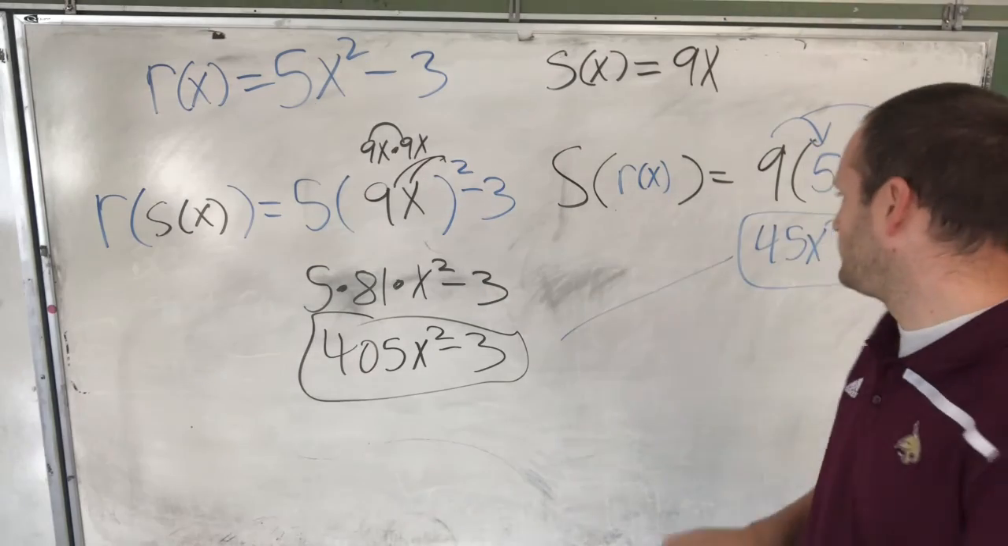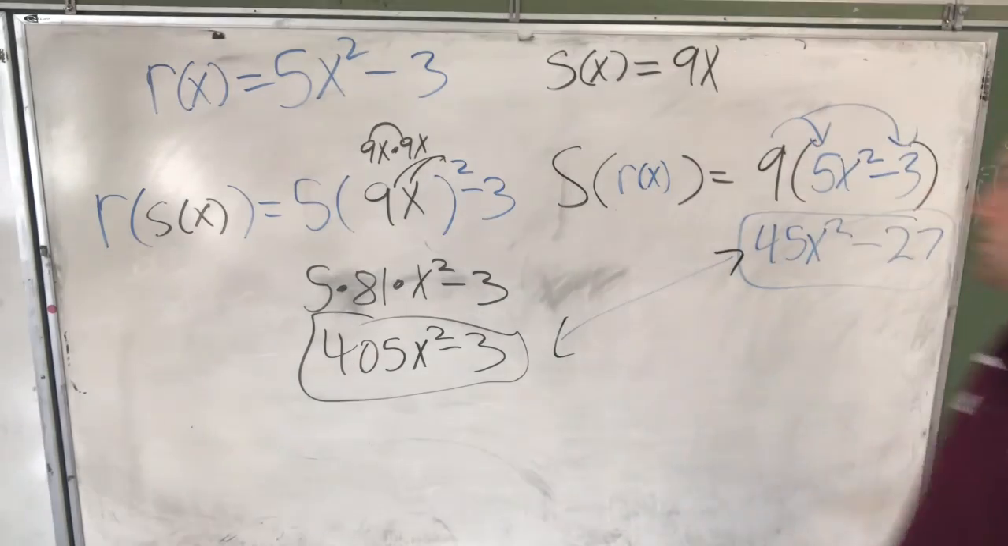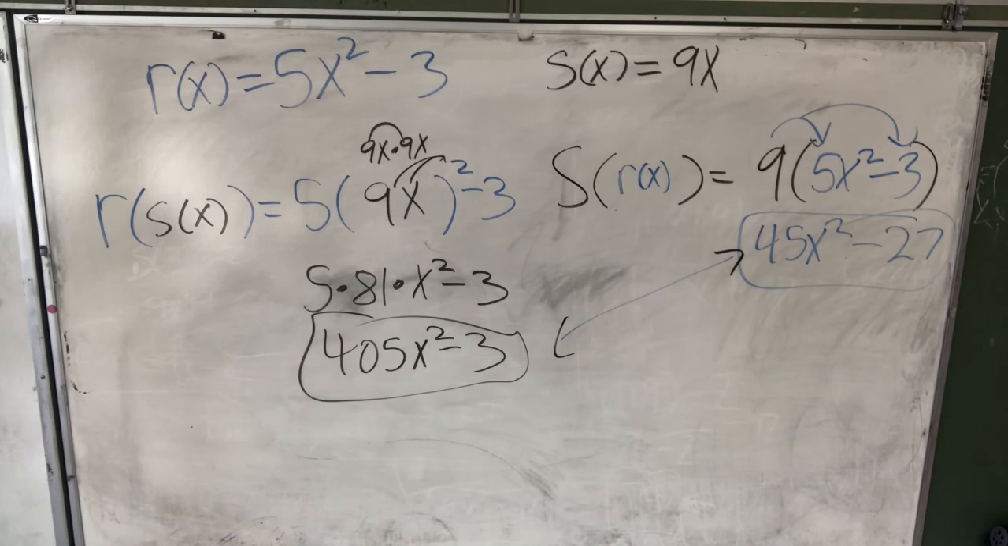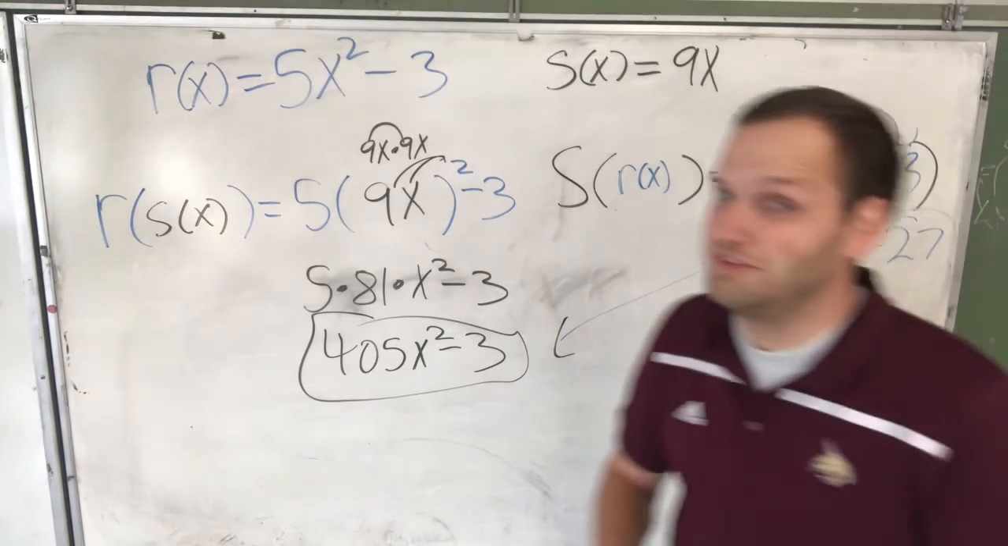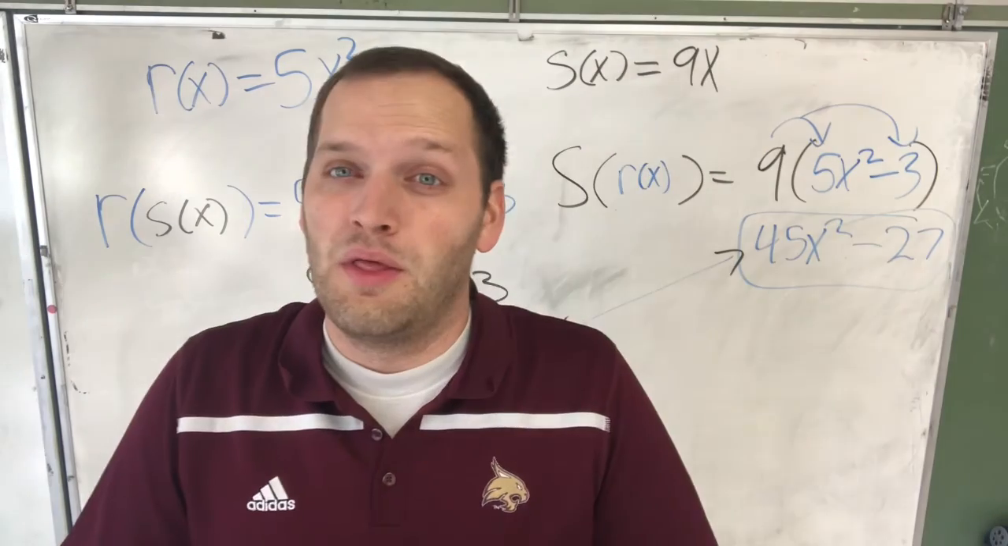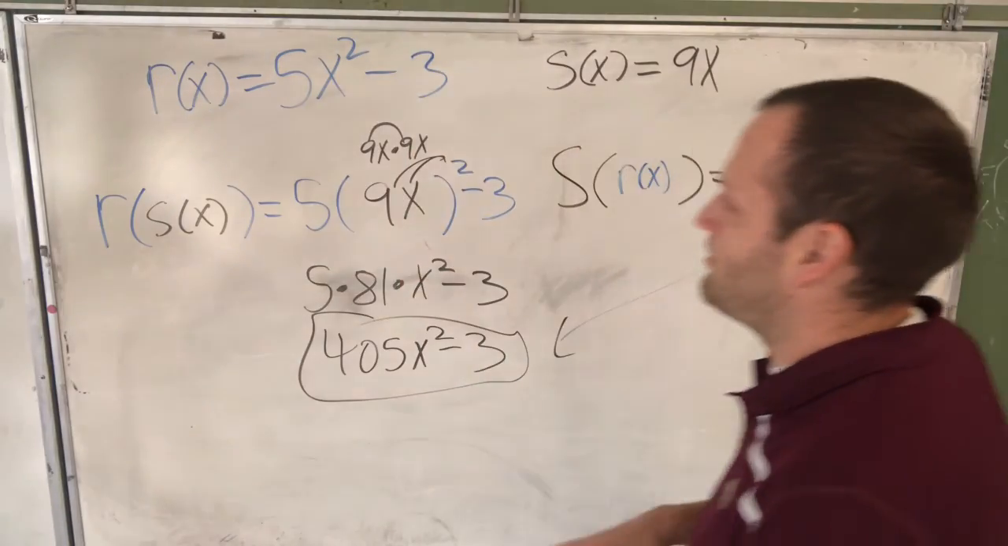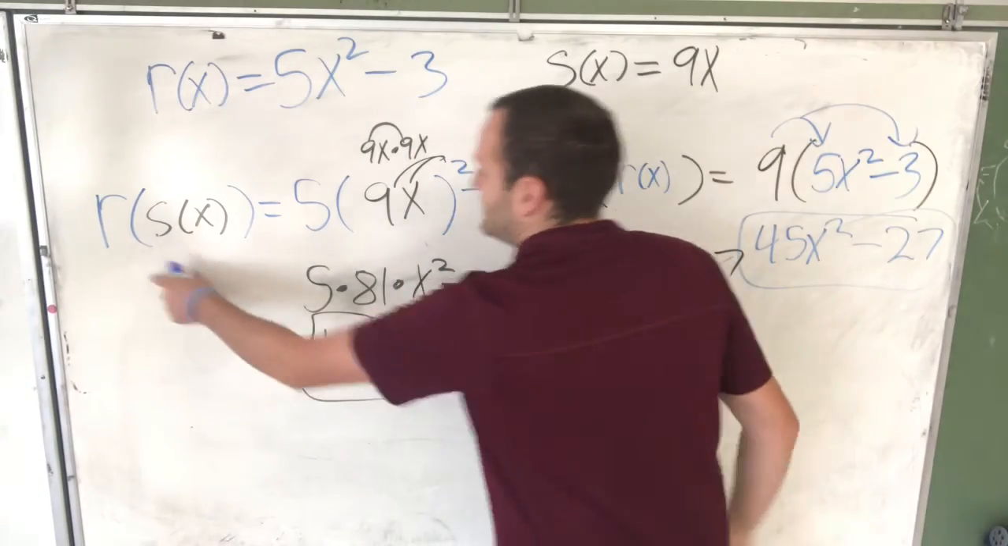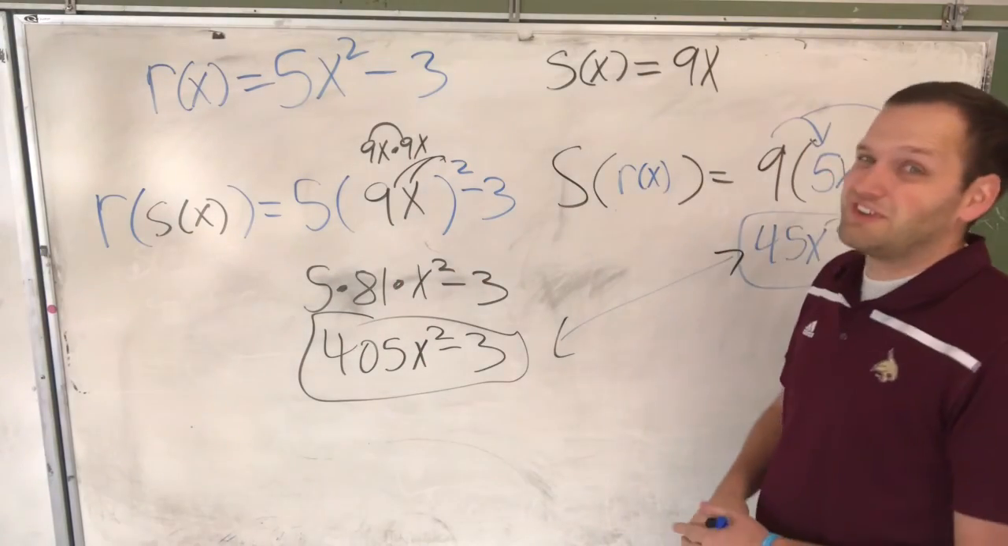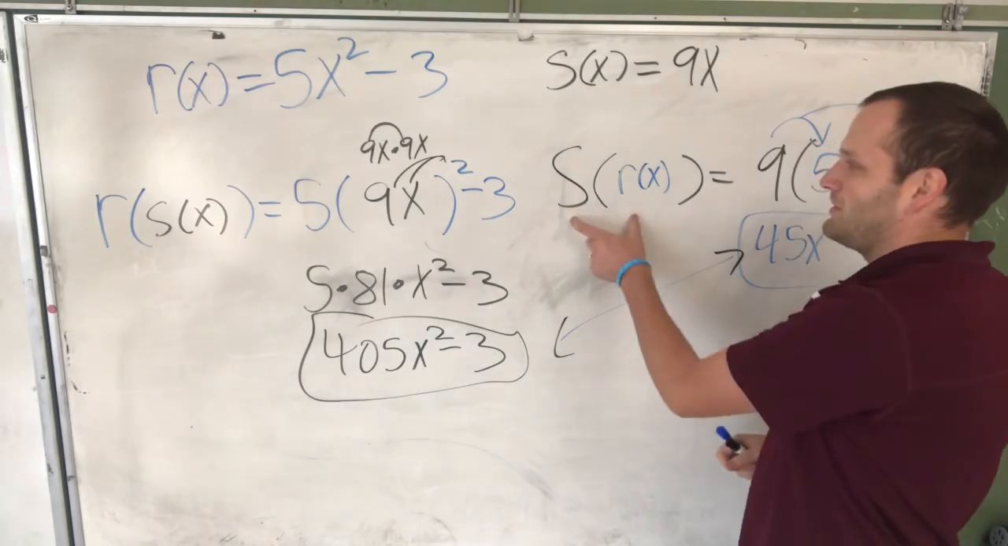Do those look the same? The only thing that's the same is that they both have a minus sign and they both have an x squared. Aside from that, there's not a lot of similarities. So, the composition of one set of functions usually, almost always, will not be the same as if you